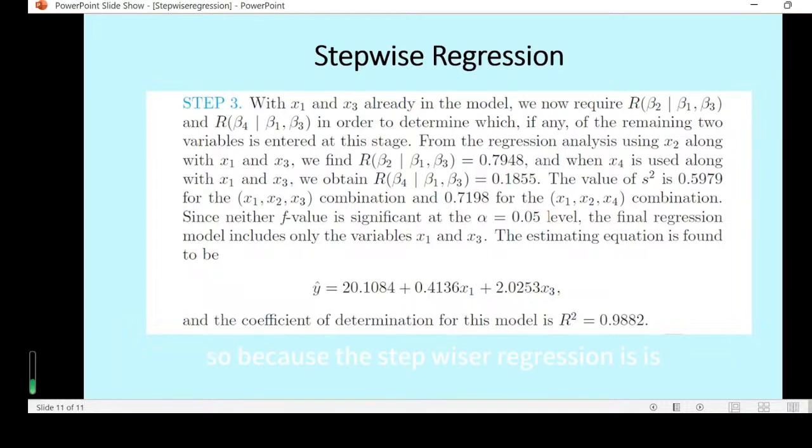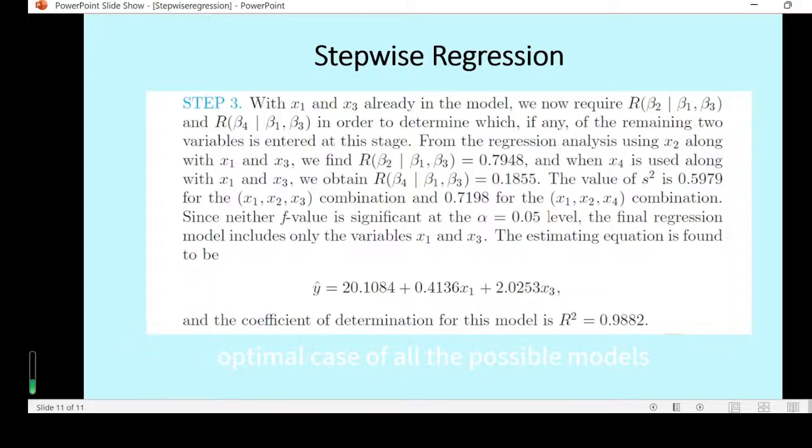Because the stepwise regression is greedy, right? In the first step we find x1, and then we add x3, right? And we will not consider other cases. For example, if we add x2 first, or x4 first, or x3 first. Among many combinations of the model, we just start with x1 first. So it is not necessary that this result will be the optimal case of all